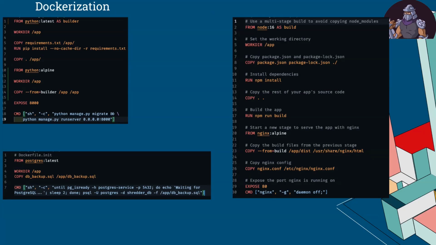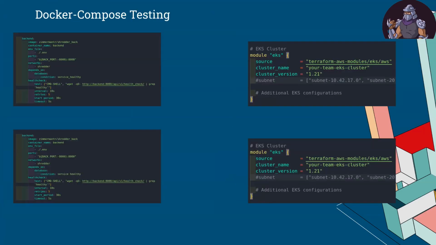This keeps the images lightweight, reducing any errors from unnecessary additions and minimizing the attack surface and dependencies. We use Docker Compose to test out the images locally before trying to move on to further steps such as Kubernetes. Docker Compose allowed us to quickly spin up the entire application with a single command. It uses health checks and depends on to prevent any of the containers starting before a container that it relies